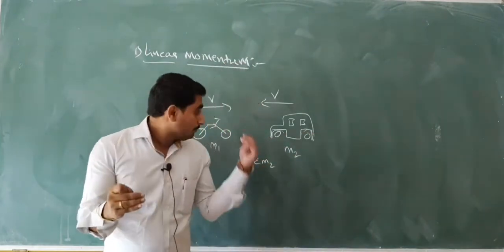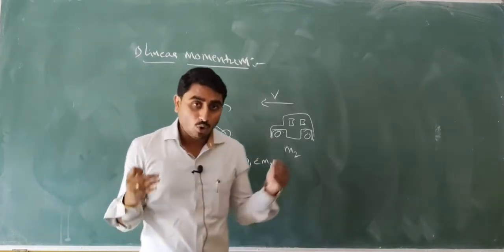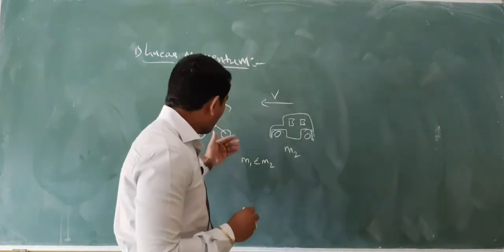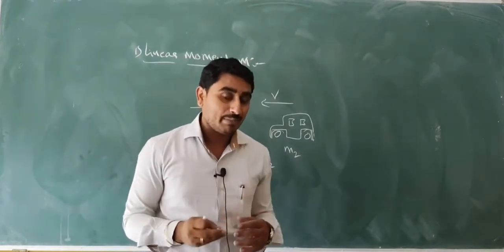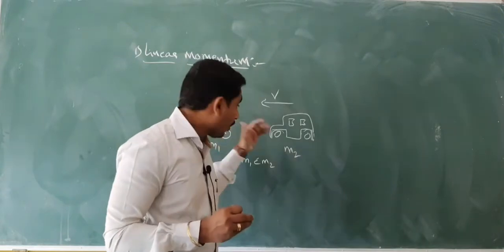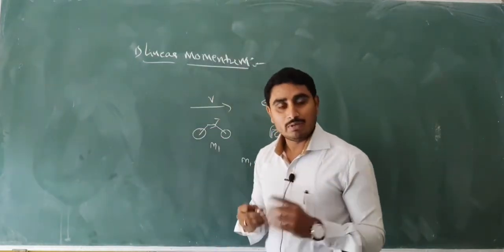Okay. If both the bicycle and the car collide with each other, what is going to happen? Definitely an accident, right. So, if an accident happens, the impact is more on whom? On the car or on the bicycle? Definitely the bicycle. Maybe you have observed